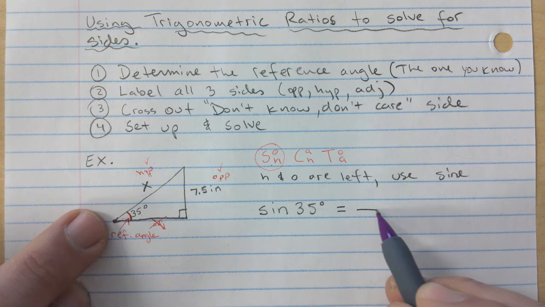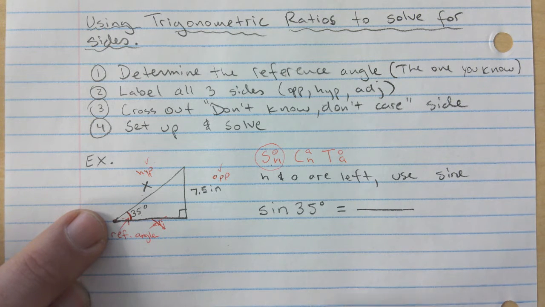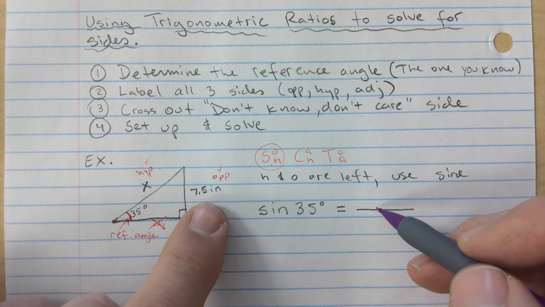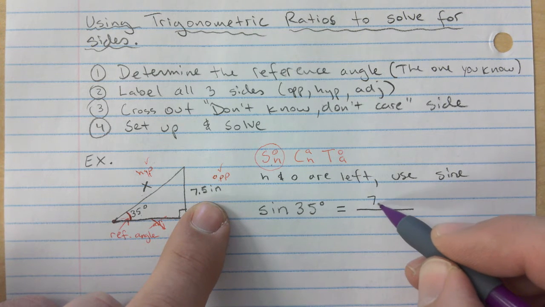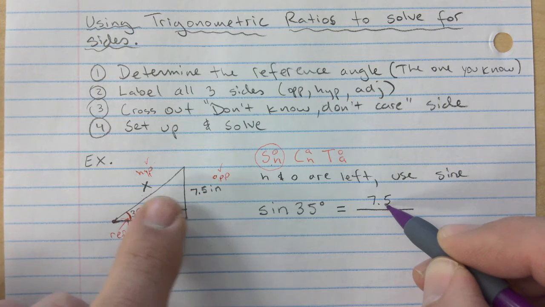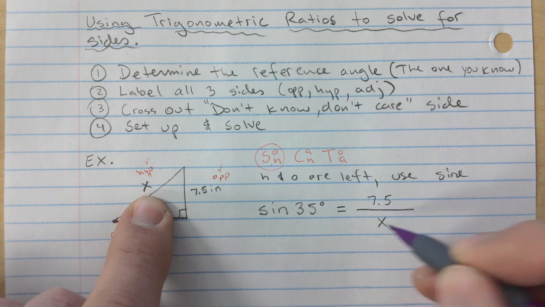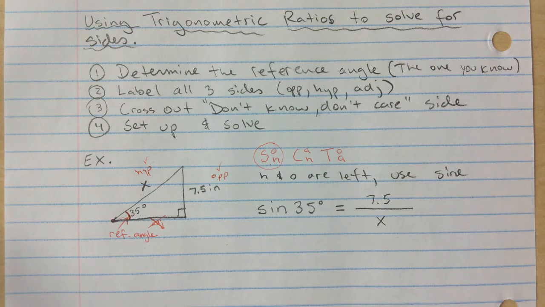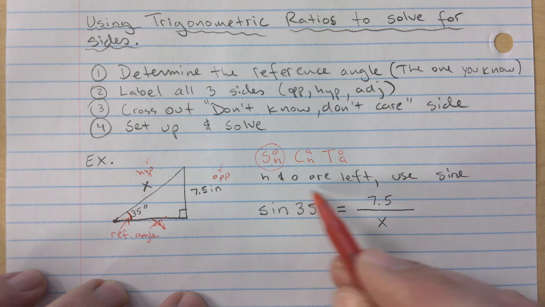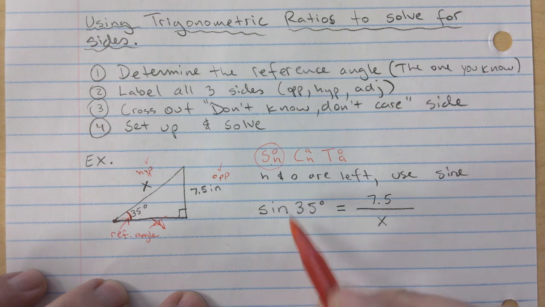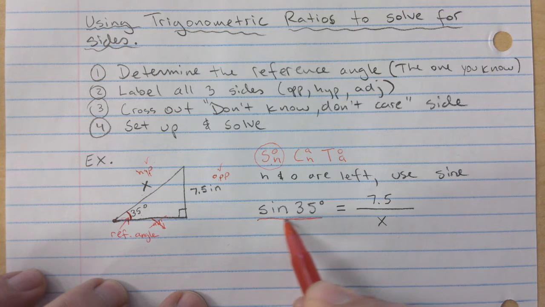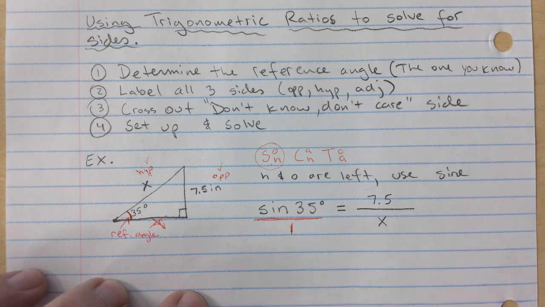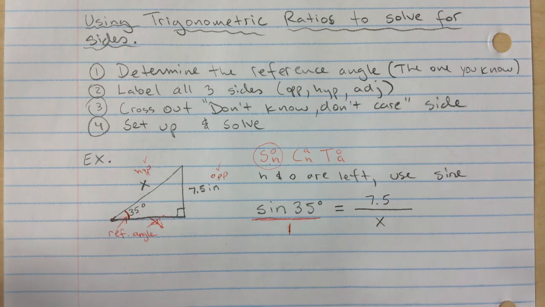Is equal to opposite. So opposite is 7.5 over hypotenuse, which is x. That's your setup step. And what now? This is where you introduce the trick. You go to sine or cosine or tan, this will vary. Just put a 1 underneath it,